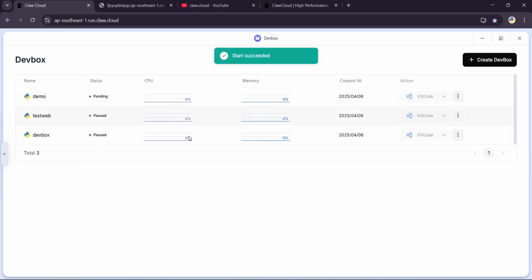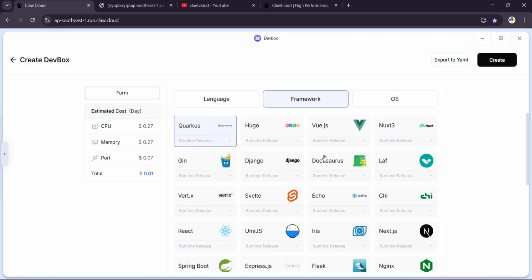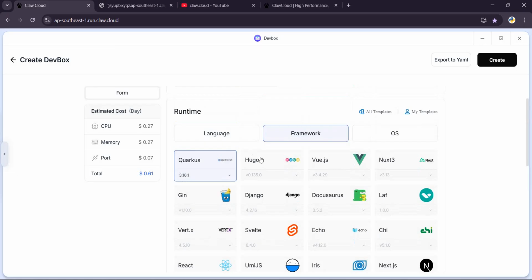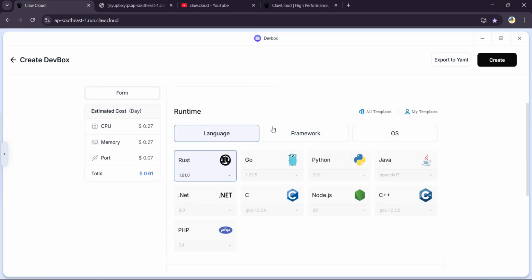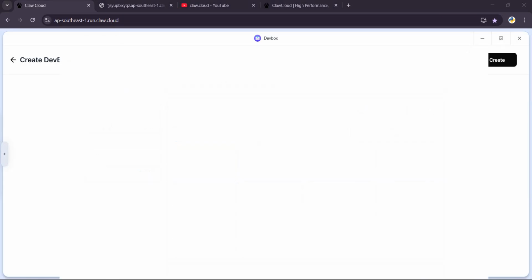Now I have already created 3 of them. Now this is the main important thing, that you can create more DevBox with different programming language. So the limitation is now finished. You can use whatever programming language you are comfortable with. Most of the languages and frameworks which are mostly used in industry are available here. So you can use any of them. Now what you have to do for this, I'll show you with a different